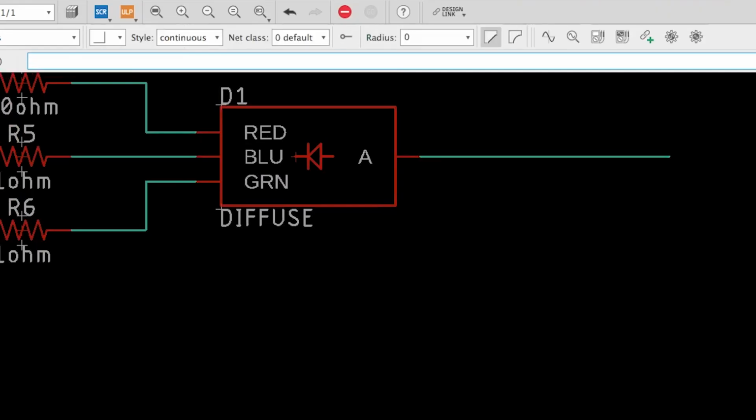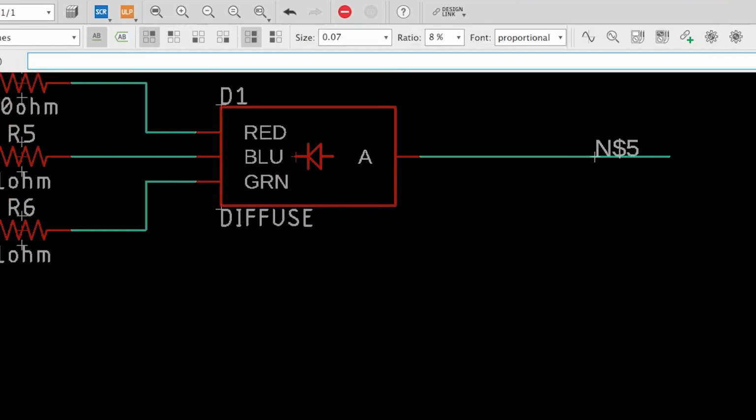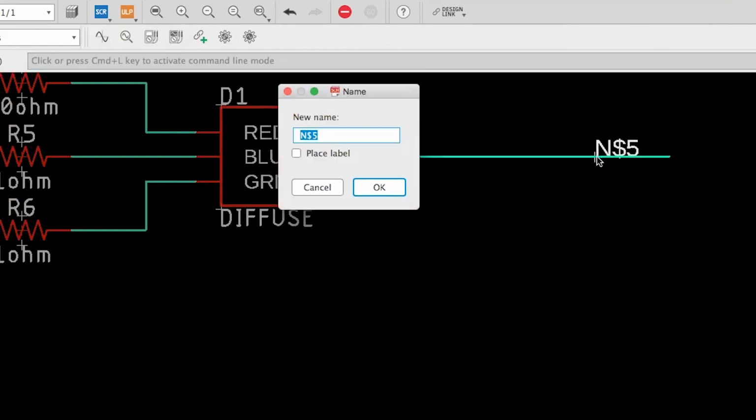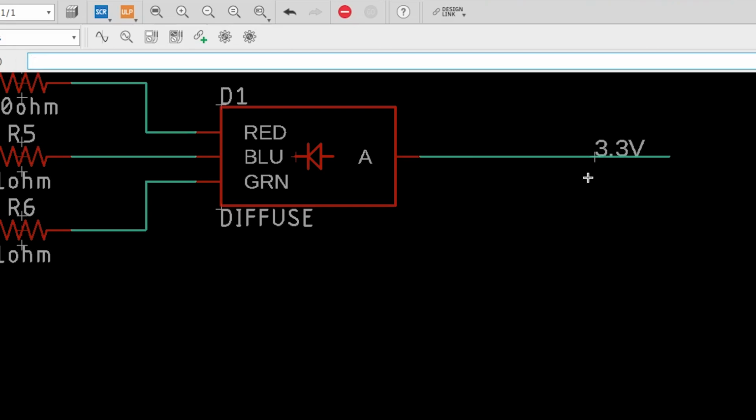Excellent. Now, here's the thing. This is a common anode LED. It's not a common cathode, and the anode is basically the positive. So we're actually going to be feeding 3.3 volts into this side, and then the GPIO pins are going to drive the LEDs low when it's time to turn them on. It's a little counterintuitive, but it should work just fine. Now we're going to use the 3.3 volt line coming out of the Teensy processor. So that's going to be our positive voltage here. We're going to create a little label, and we're going to connect that net. Here we go, 3.3V, enter, yes, and now our LED is connected up,